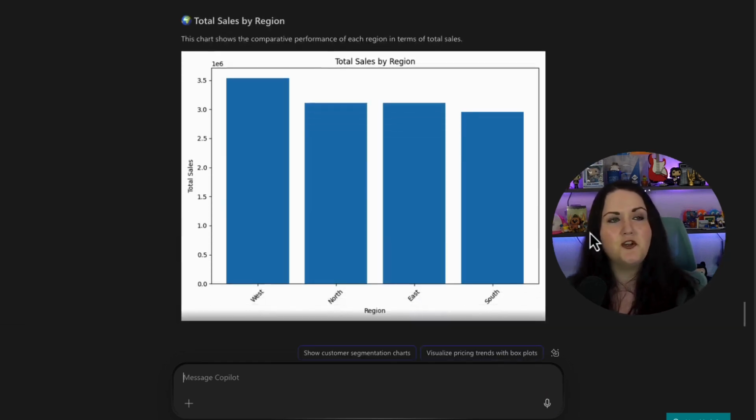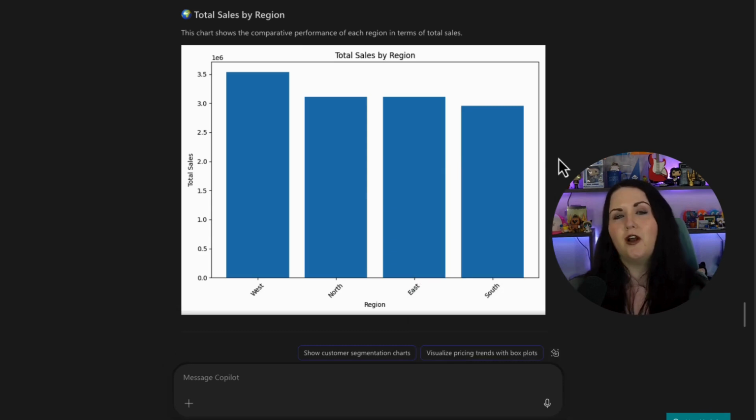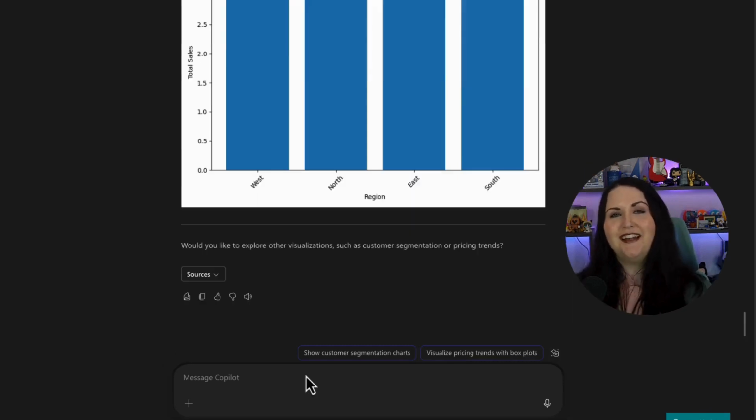We have a nice bar chart that I can copy and paste and put in a PowerPoint deck to report up to my leadership. So that in a nutshell is the power of the analyst and the researcher agents. They're like having a data scientist and a researcher on your team, and they're just a click away inside of Microsoft 365 Copilot. I use each of these agents on a weekly basis in my job to help me with things,